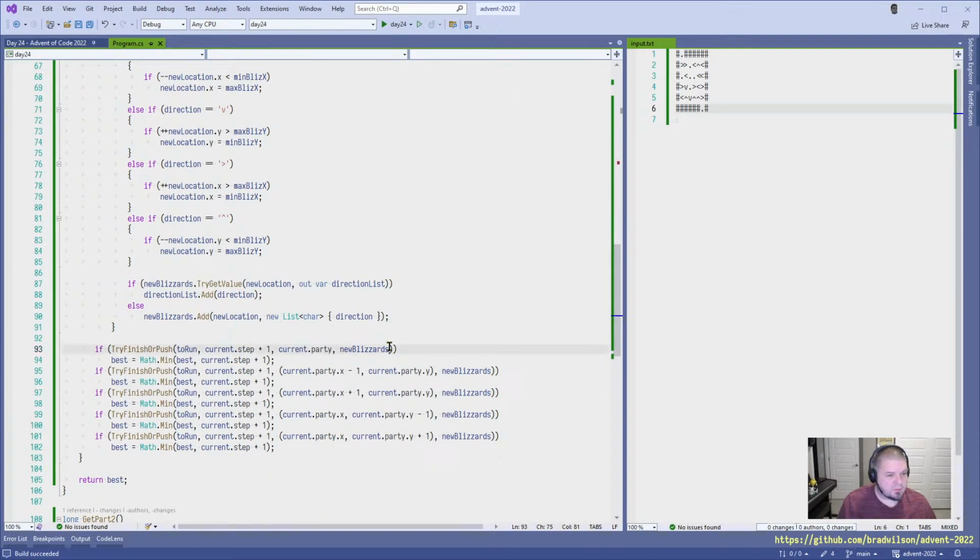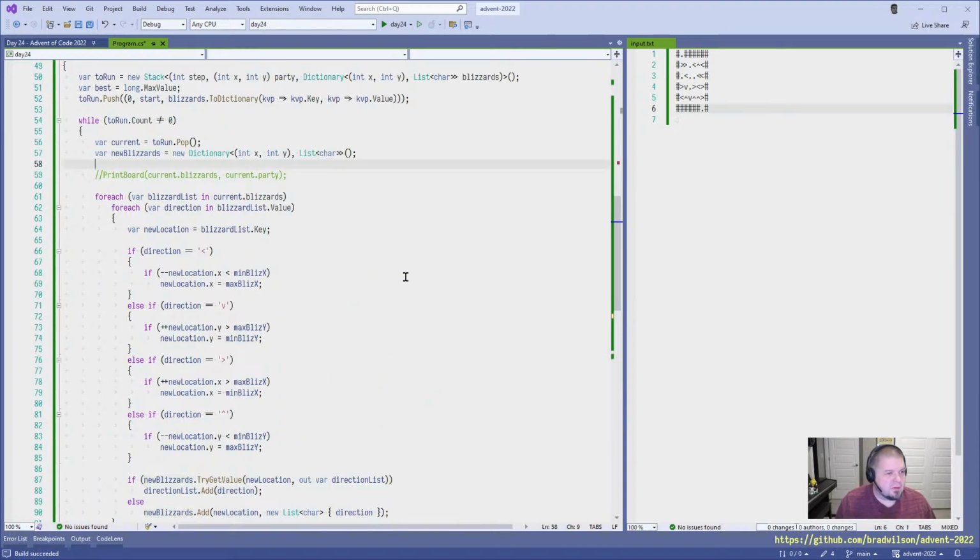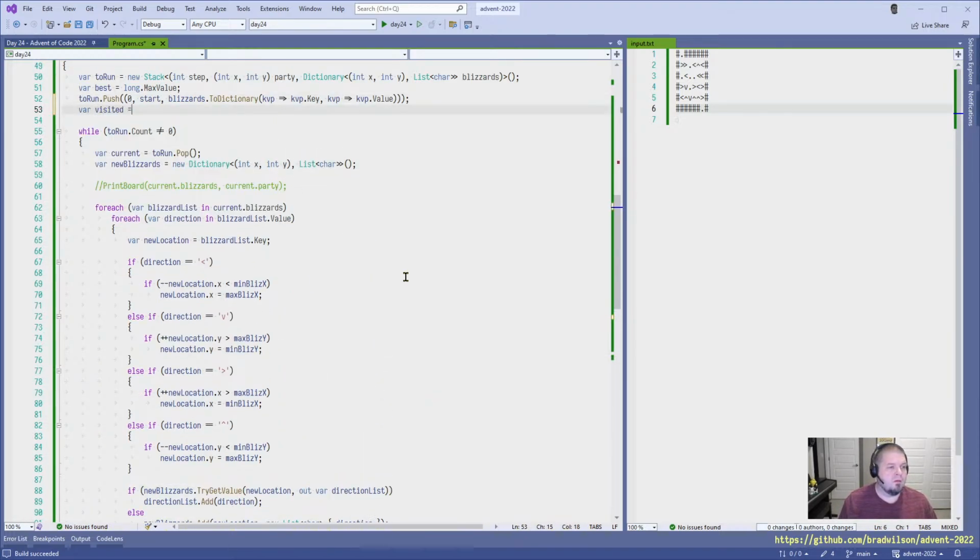And on all these, we're going to need visited. Do I need it here or can I put it up there? Because I think if I put it up there, that'll be easier. So you're going to be a hash set of